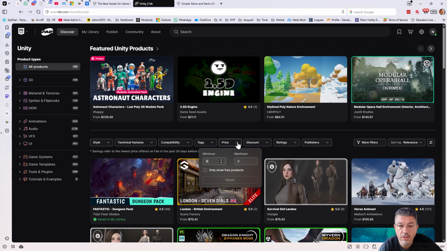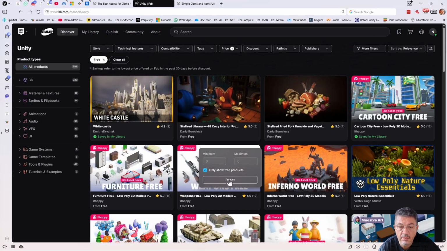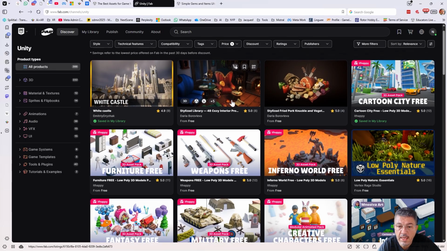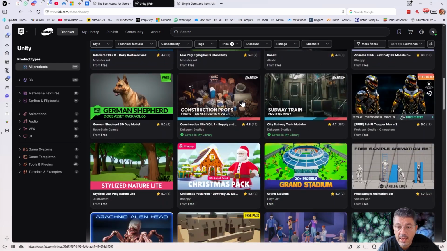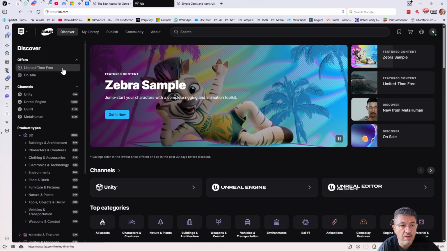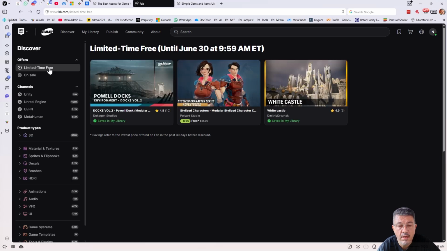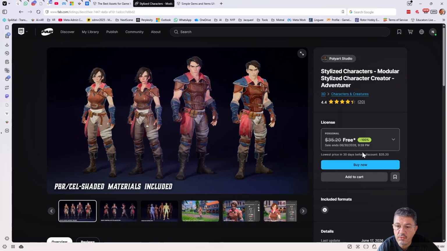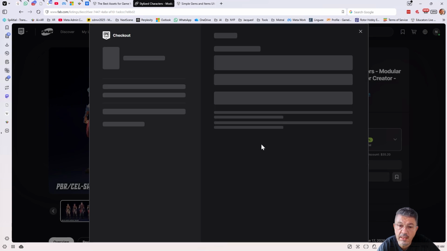And here I will go to price. I want something free. And you have many assets. I take this opportunity to tell you that when you go to fab.com, here you have the limited time free assets. So every month, I think they have some free assets. So you see, for example, I can click on this one. Normally it's $35. Now this is free. So I just click on buy,